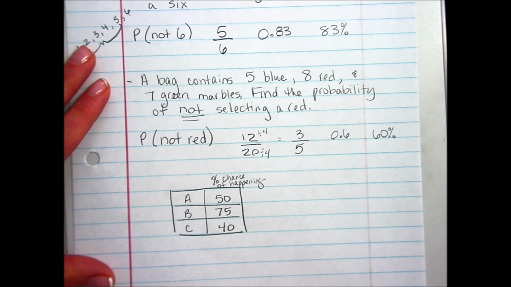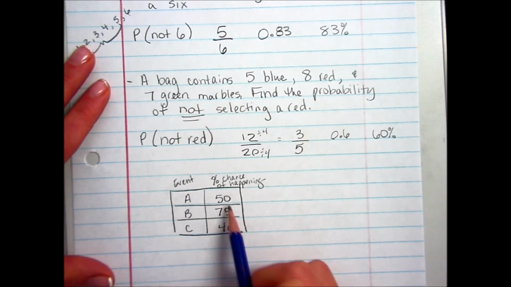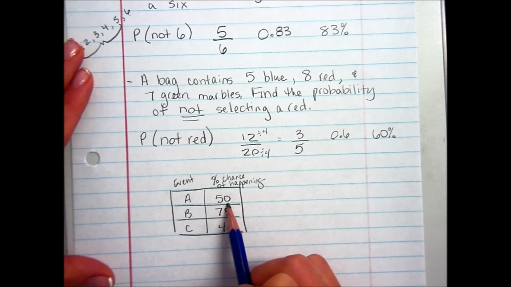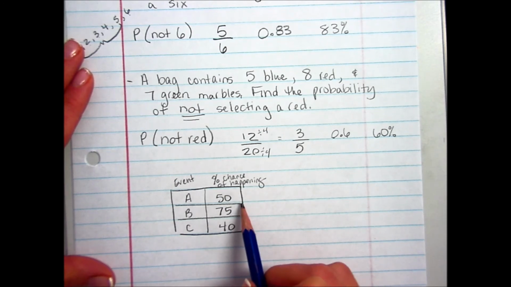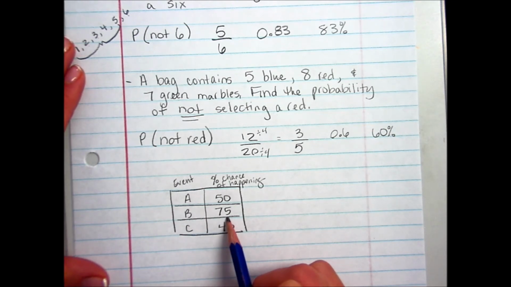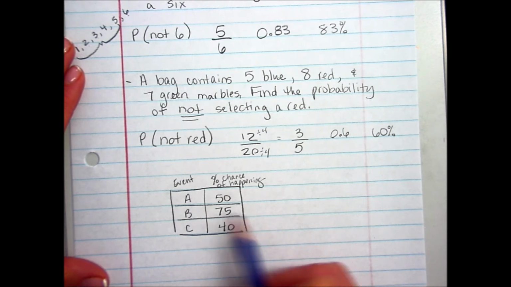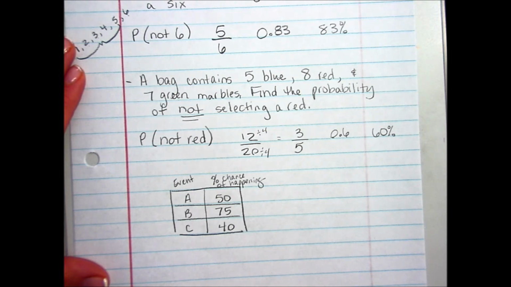So if the event has a 50% chance of happening, then you would know that there's also a 50% chance of it not happening. This event has a 75% chance of actually happening, so then it has a 25% chance of not happening. So let's take this event for an example, because I think in the word problem it says, well, what's the chance of it not happening? So if you know it's a 75% chance that it will happen,